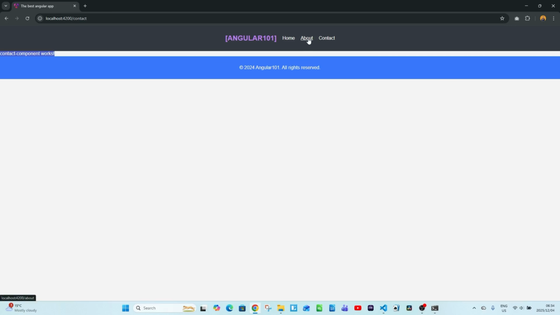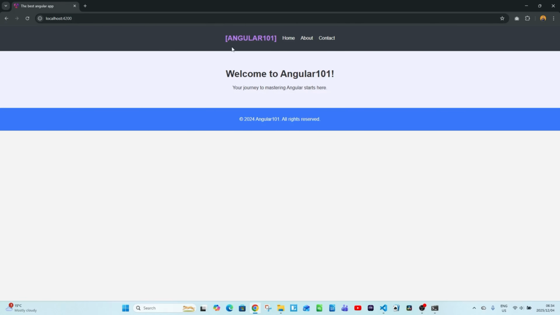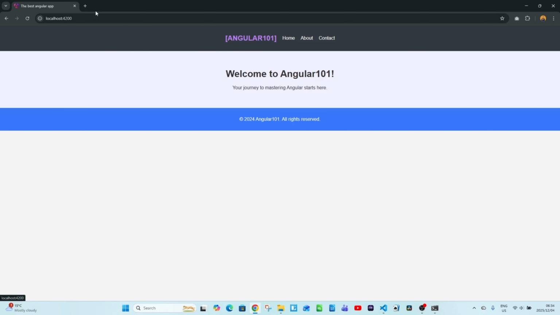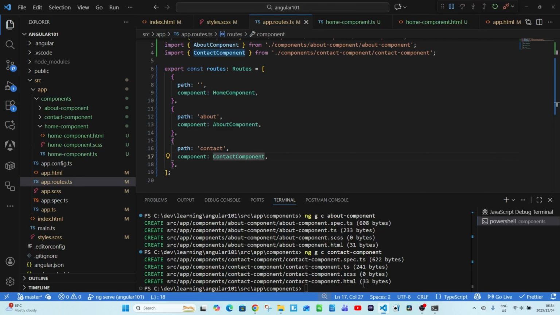If I navigate between the Contact and About, you see the page is not refreshing. But if I go to Home, you see the page is refreshing. If I go there, no refresh, go back home, it's refreshing. What could be the issue? If we go back to the app,